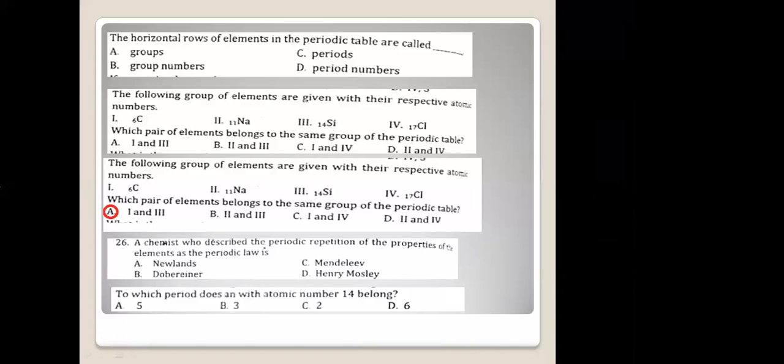Adam said C, so I just want to understand. Michael, you answered first, and you said B. Why is it B, Michael? Because the electron configuration is 2, 8, 4 and there are 3 shells. So B.